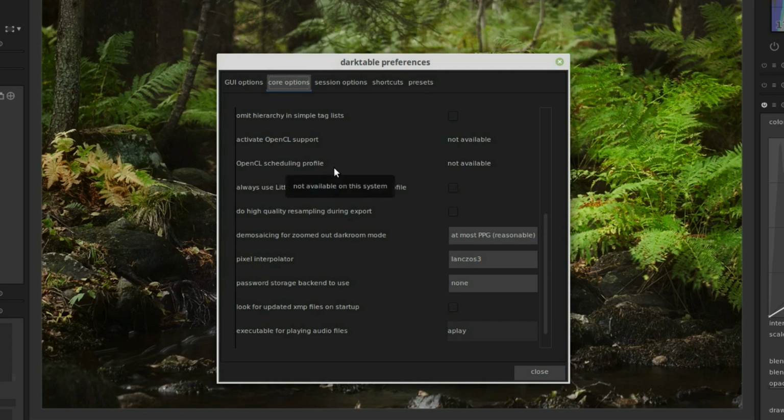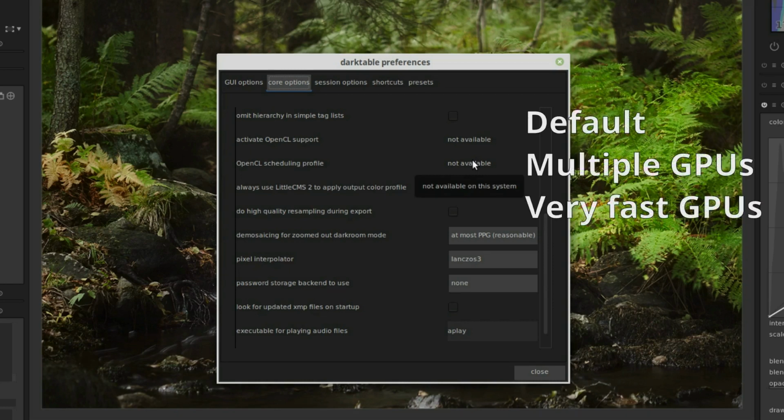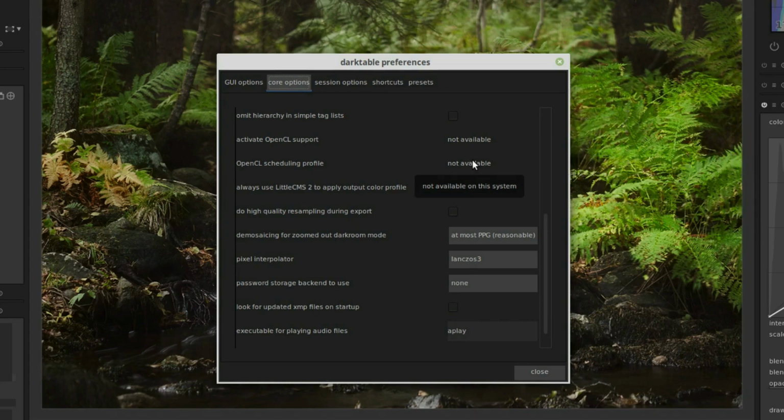OpenCL scheduling profile defines how preview and full pixel pipe tasks are scheduled on OpenCL enabled systems. This too is not available on my system because my GPU is not so powerful that I gain anything by using it, so I just don't. OpenCL scheduling profile has three options if you have it available, and those are default, multiple GPUs, or very fast GPUs. If you set it to default, the GPU processes the center view pixel pipe and the CPU processes the